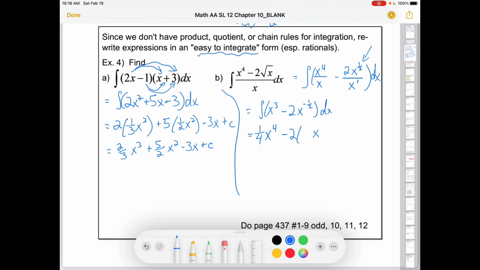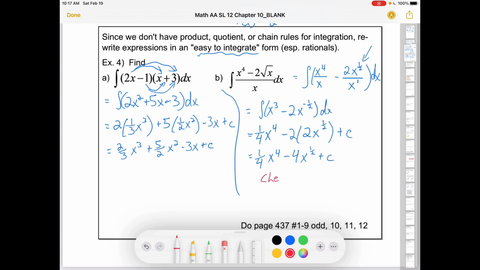So we were at negative 1/2. Up 1 from negative 1/2 would be positive 1/2. And then I take the flip of the new power and put it in front. So that would be 2. The flip of a half is 2. And then plus c. That'll give me a quarter x to the 4 minus 4x to the half plus c,